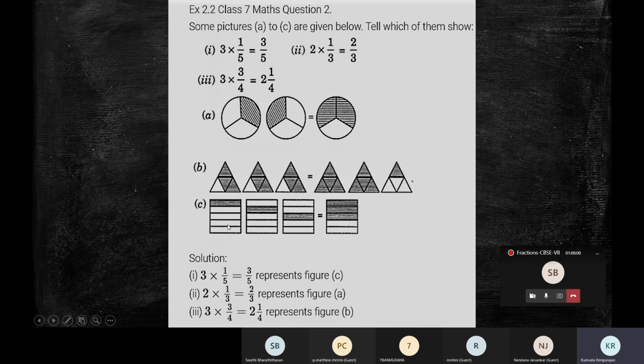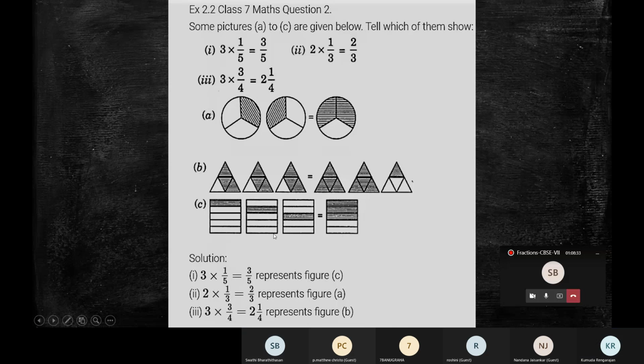And in C, this is 1 by 5. This is 1 by 5. This is also 1 by 5. Follow my mouse pointer, children. Follow the pointer. This is 1 by 5, this is 1 by 5, this is 1 by 5. So 3 into 1 by 5, ma'am. Yeah, which is 3 by 5. So 1 goes with